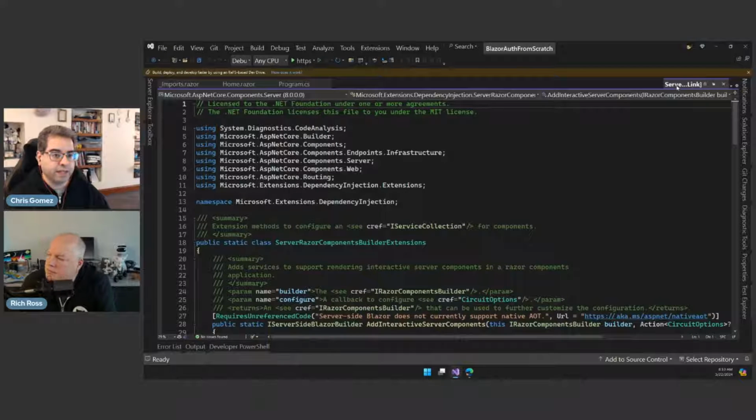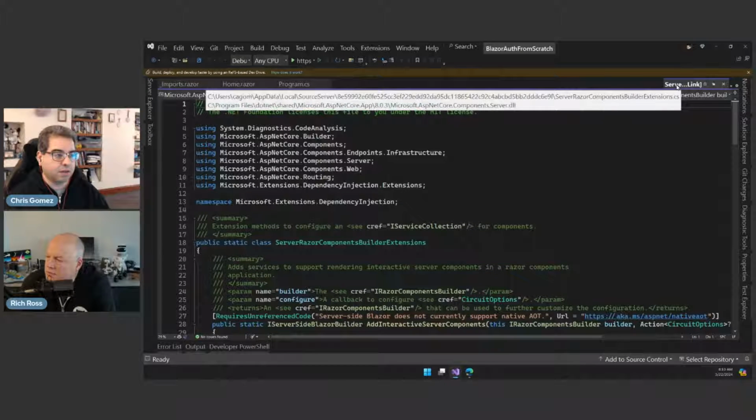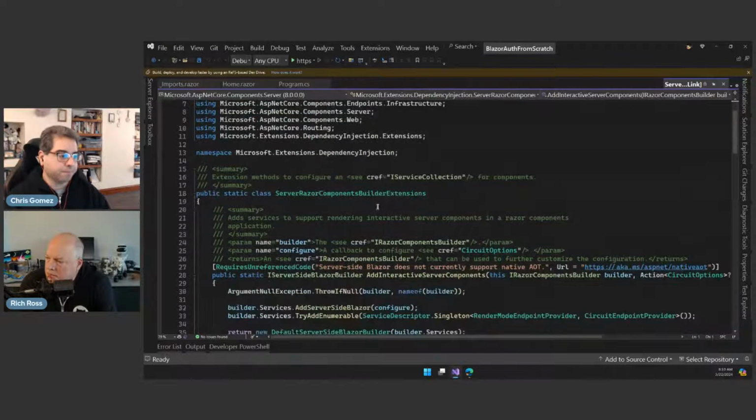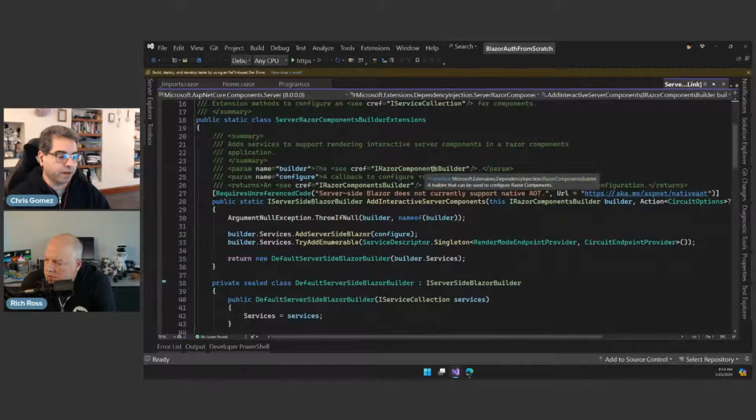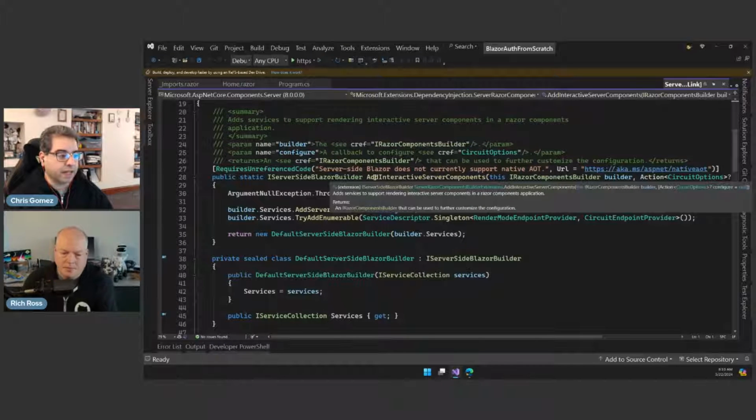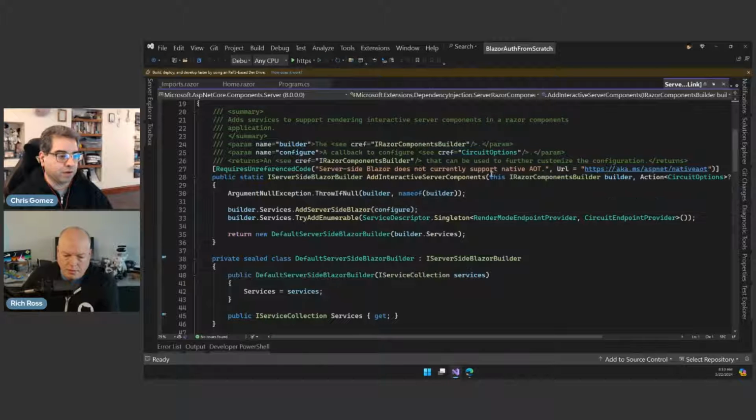We have moved in to using the source server. We've jumped right into the code written by the team. So this isn't our code. And the only reason I wanted to say this is just to make it clearer if somebody was watching the last show or maybe they've said, wow, how did he get to that code so quickly? It's really Control F12. And we are looking at the real add interactive server components